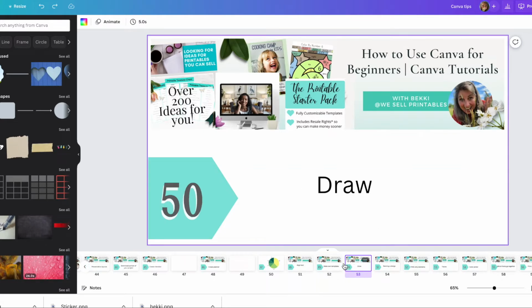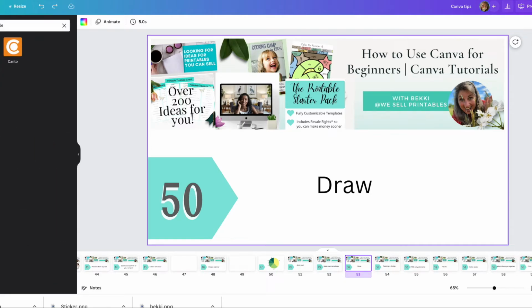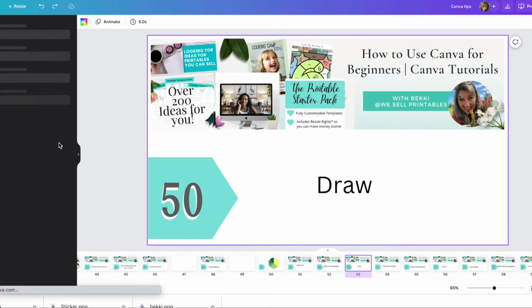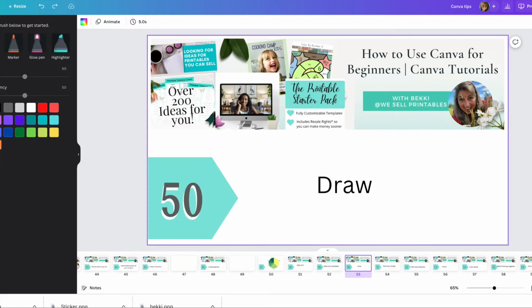Tip number 50 is this cool new draw feature inside of Canva. So if you go to the more button and you click on draw, this one's really fun. You can select a pen and you can select the color of your ink and you can draw right inside